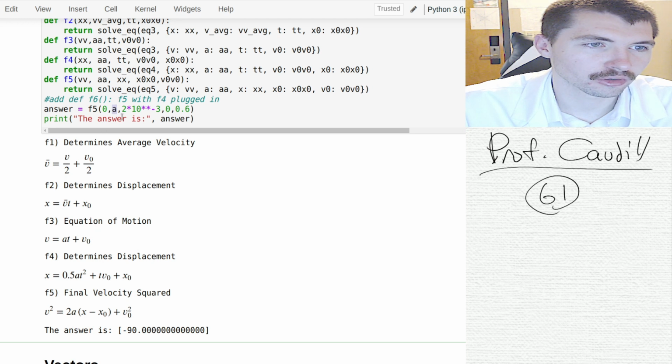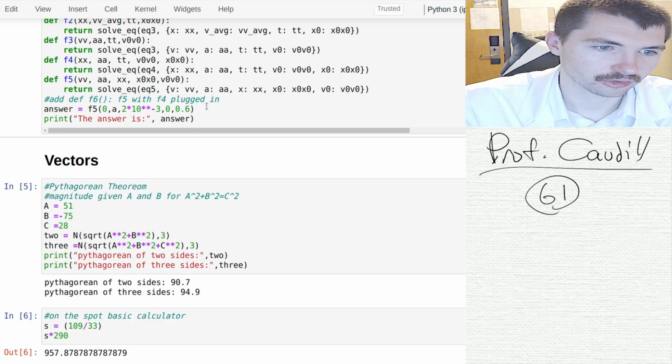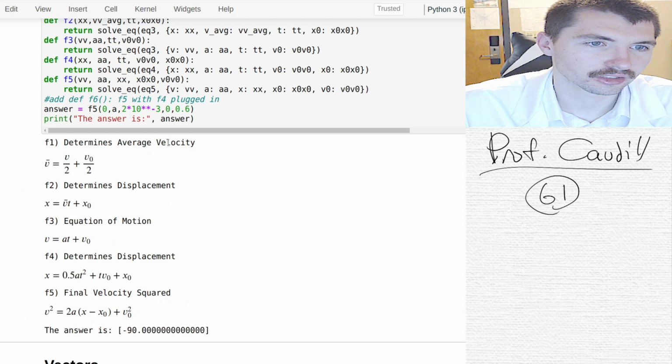If you don't know A, or if you don't know V, you just put V for A. X or X naught, the variables are just left to right. This is X naught, and then this is V naught. So this calculates 90